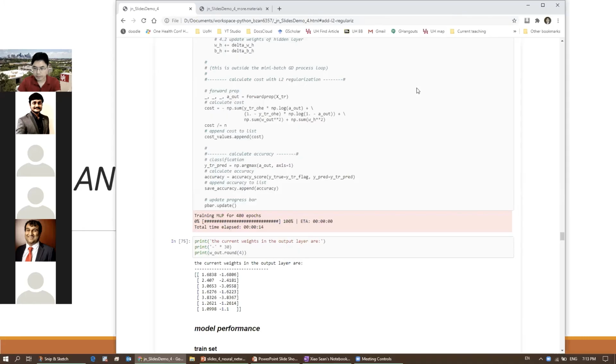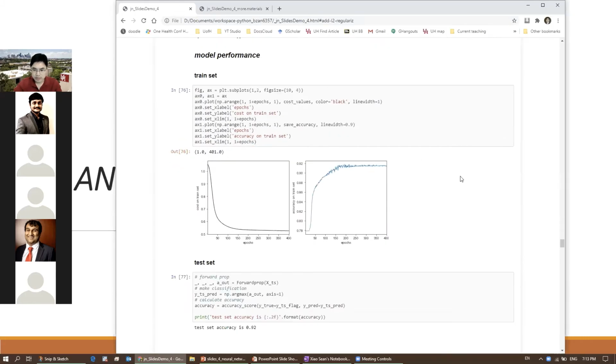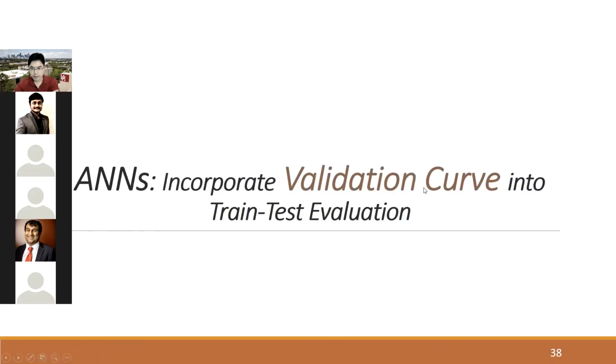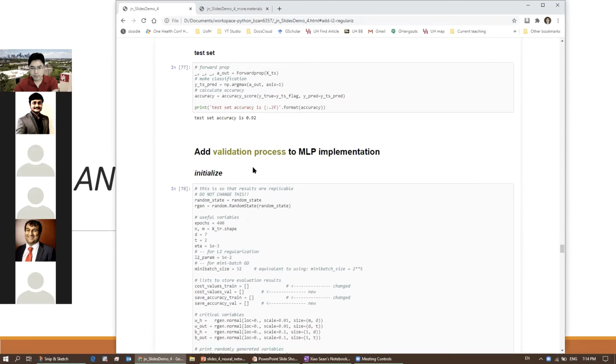Cost curve, I'll skip that. Here, I'll only say that the cost curve, I mean, validation curve, the validation process here is not the cross-validation. It's different. Cross-validation